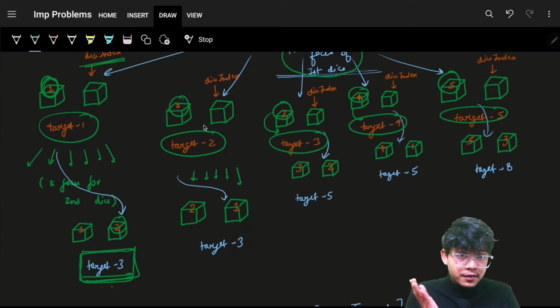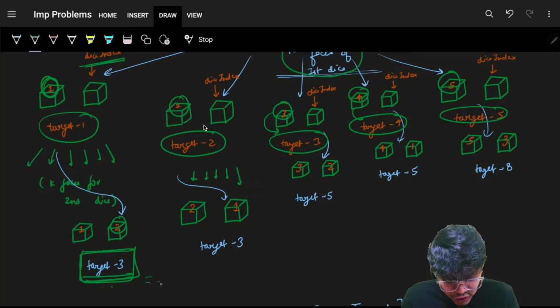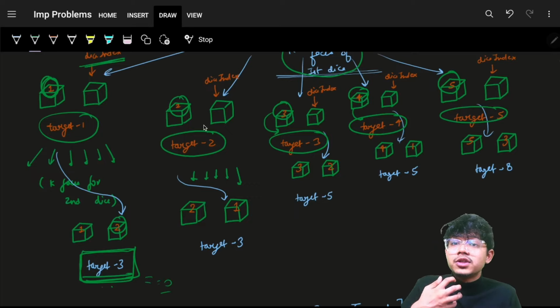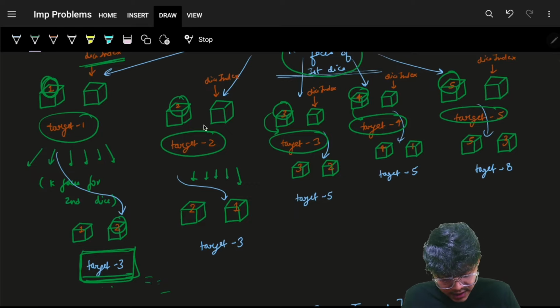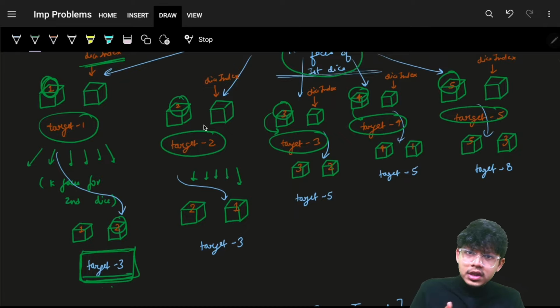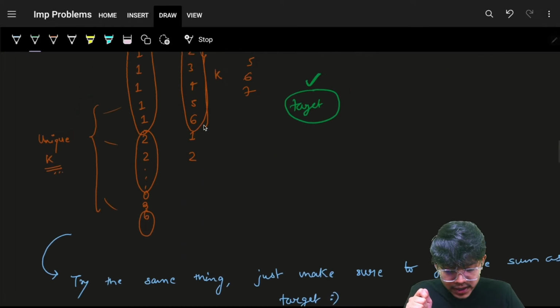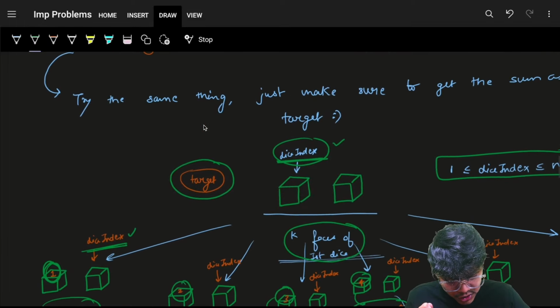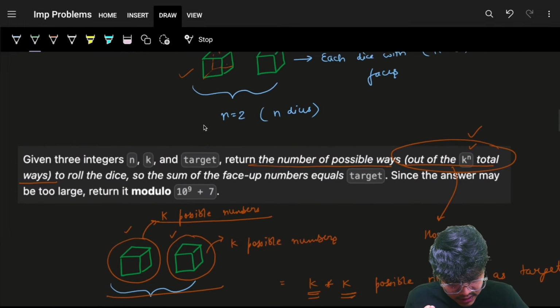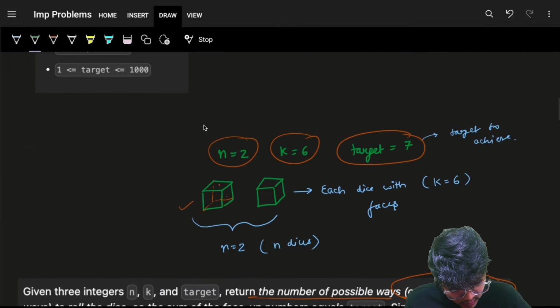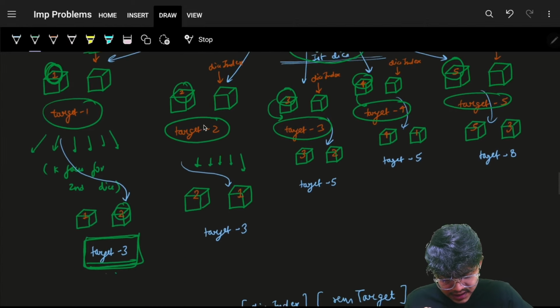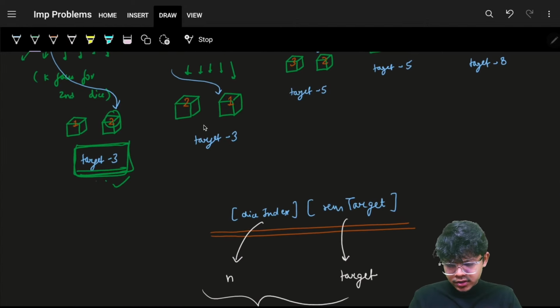Maybe, and for us to get the answer, this should be a 0, which means I should be able to achieve a number as target, right? So this should be a 0, so as to get, okay, I have achieved a number which is equal to my target. And as you saw, the target in this question was actually the number 7. If I go back, 7. So okay, this would not give me a correct value, but this is just to showcase that